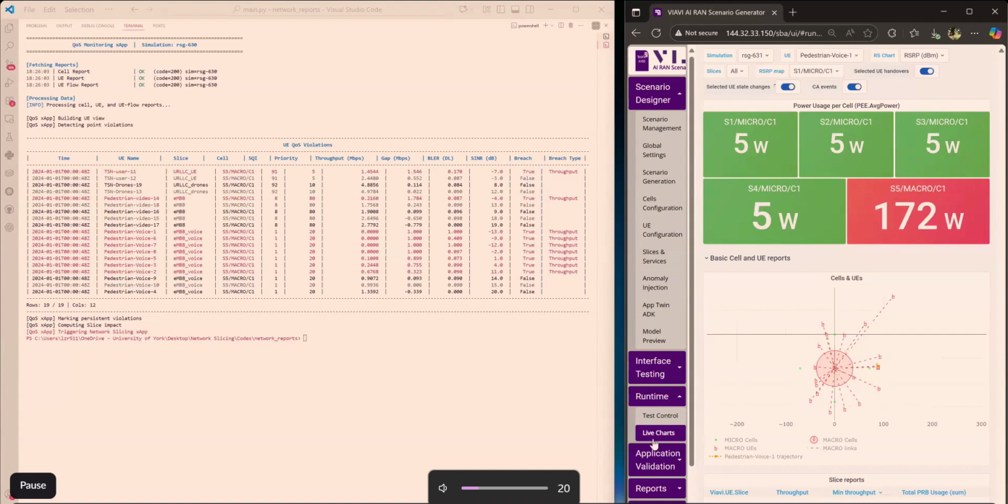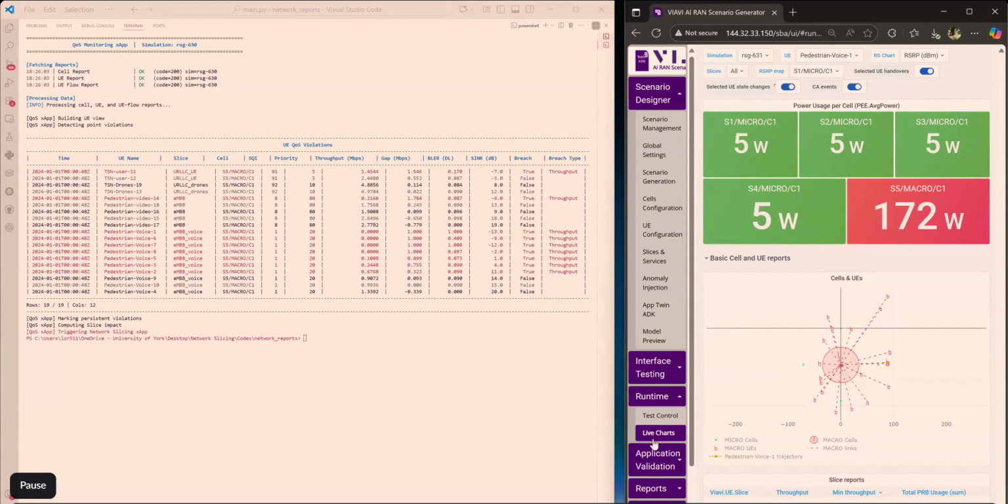Welcome to this demonstration of quality of service monitoring xApp. In this demo, we simulated a 5G network consisting of 19 users distributed across 4 slices, each with service